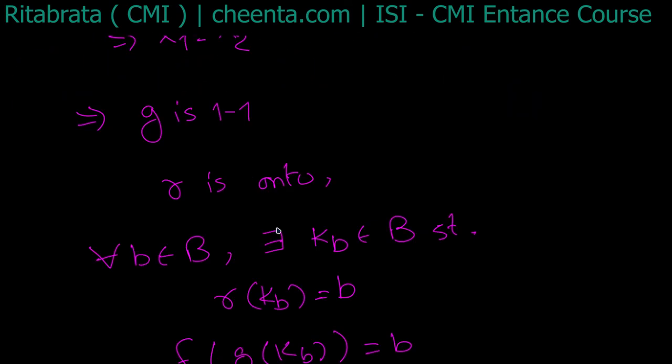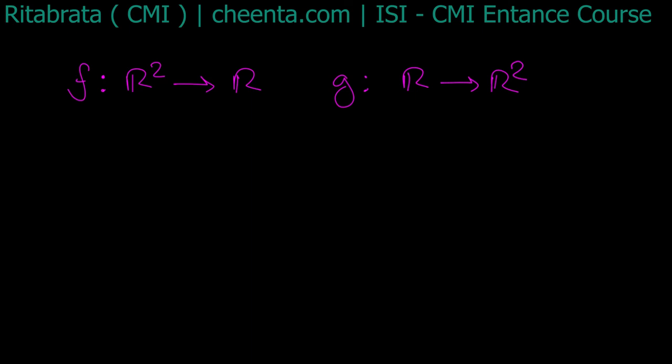For example, you can construct a lot of functions. There are many examples possible. I'll give a particular example. Say f is from R2 to R, g is from R to R2, and f maps (x, y) to x. So f is just a projection, like it maps any point in R2 to just its first x coordinate, like it's just projecting one coordinate,